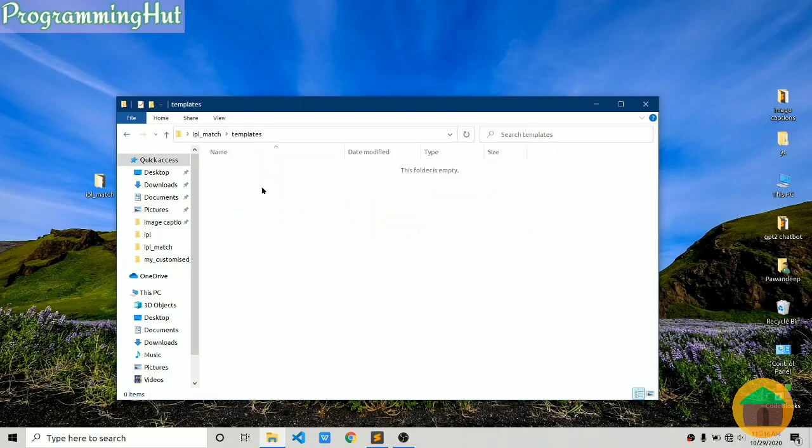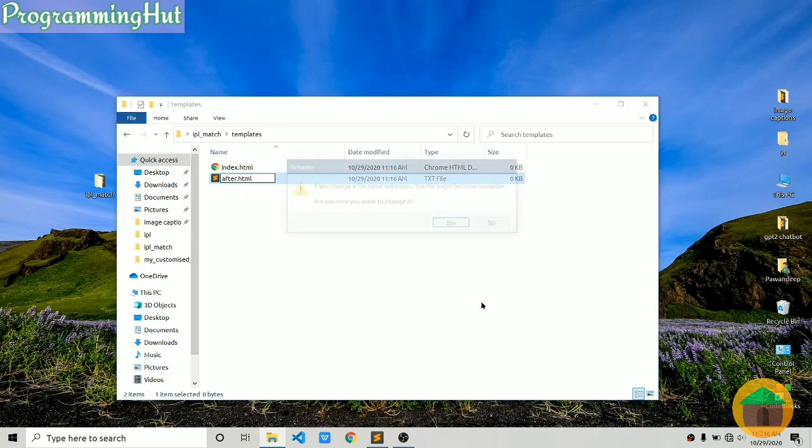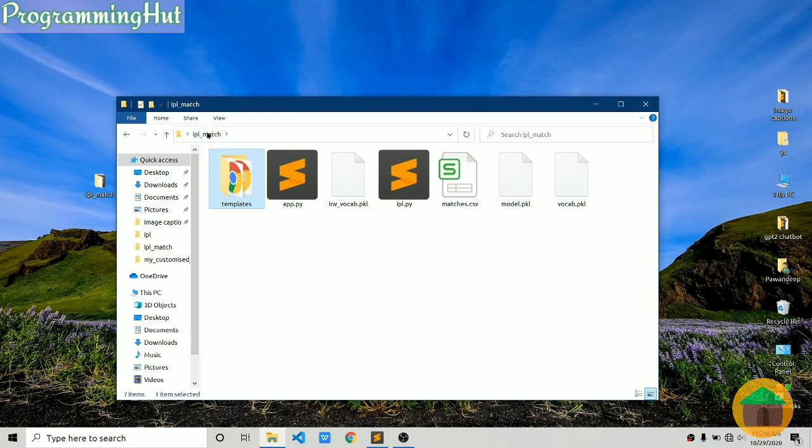And inside templates, let's create 2 web pages for now. One will be index.html and another will be, let's say, after.html. So now let me tell you my plan. First of all, we are going to create a basic structure. In our index.html, we will place a button inside a form, and once the user presses that button, it is going to take us to the next page, and in the next page we will say that you have entered the next page. So let's first create that structure.